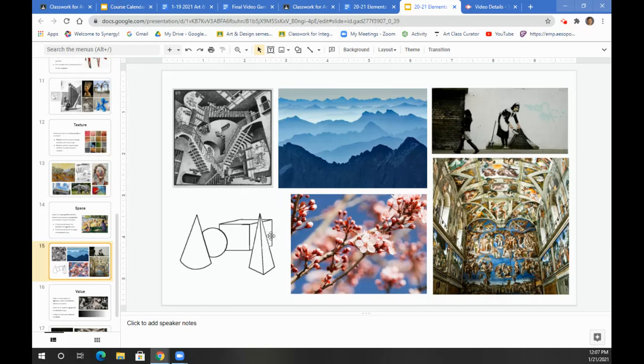So if we think about objects that are drawn, objects that are lower on the page are usually closer, objects that are higher on the page are further back, as well as you can see less of them. There's also something called atmospheric perspective. Things that are closer to you are usually more clear as well as dark, and as they go further back, they get lighter. There's also a depth of field element that you see in video and photographs, as well as